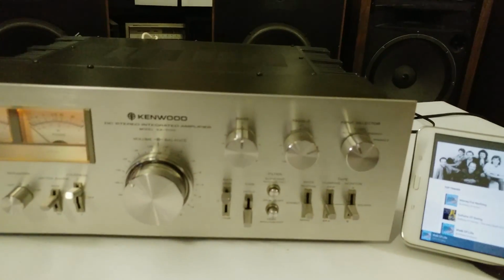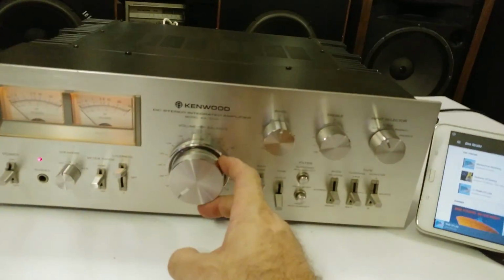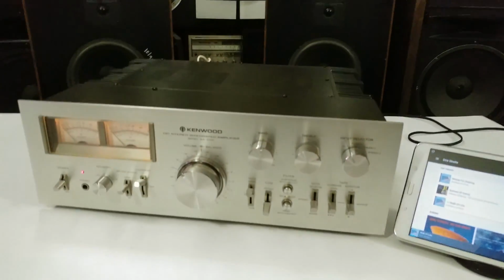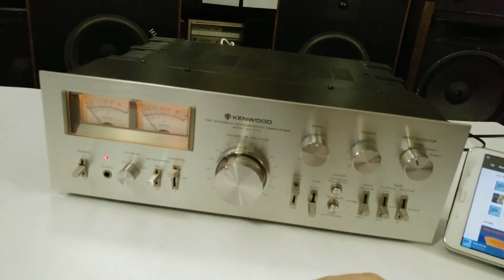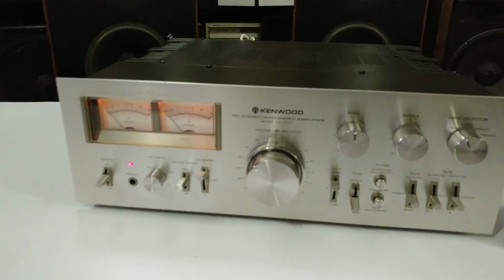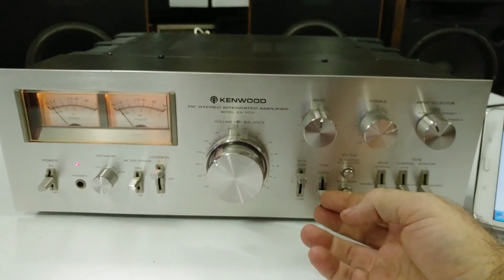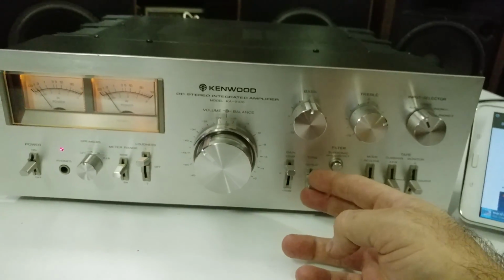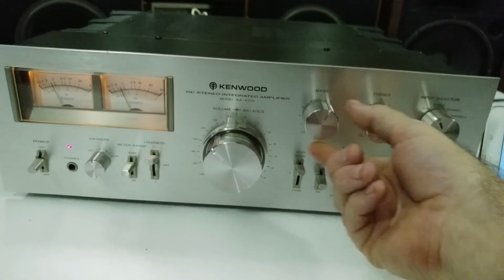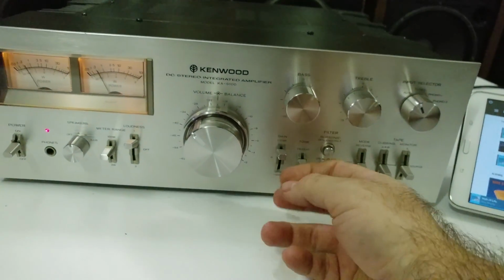But all right, so as far as music, I like to turn the volume down a little bit. I hit start, but I'll just go through some of the switches. So tone defeat, basically it shuts these controls off. As you can see, turning them does nothing, but then if I turn this back on,